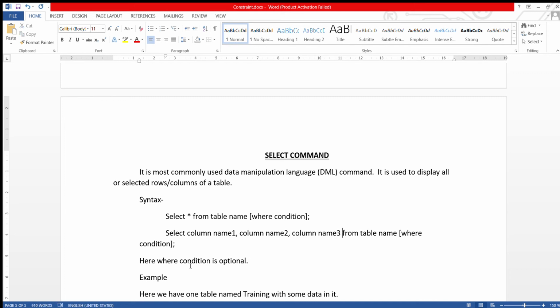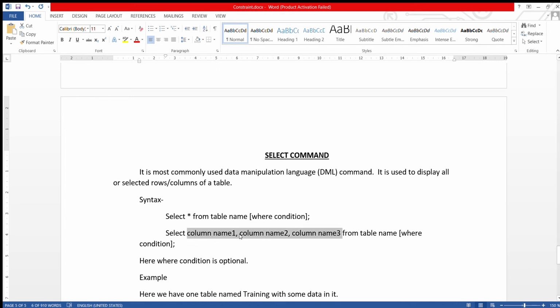Then again from table name, where condition is optional. We will see the use of the where condition afterwards. So these are the two syntaxes for the select command: the first is for displaying all the columns, and the second is for displaying selected columns.